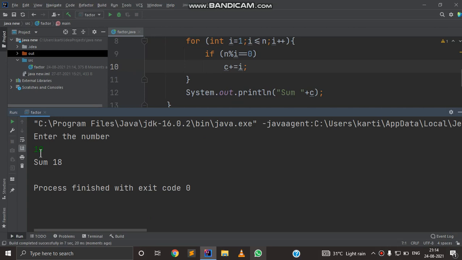So the sum of 2 plus 1 is 3, 5 plus 3 is 8, and 8 plus 10 is 18. And if I rerun this program and write 5 instead of 10, you can see that 6 is coming, because the factors of 5 are 1 and the number itself, 5.